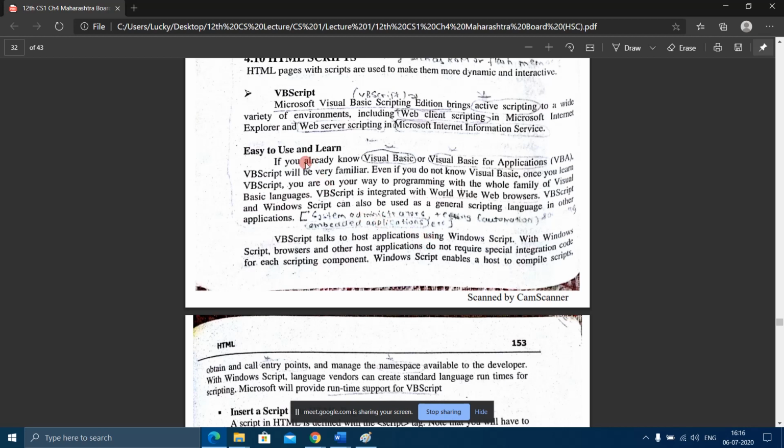VBScript is easy to use and learn. Why? Let us see. If you already know Visual Basic, which we have learned in 11th standard, we have some idea of what Visual Basic is. Visual Basic can also be used with Microsoft applications like MS Excel.